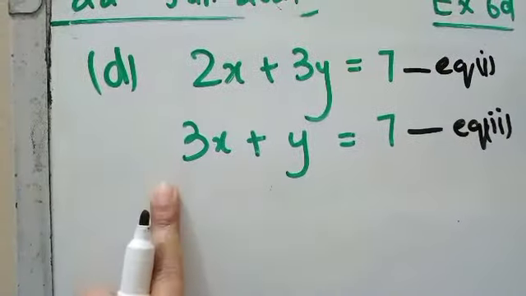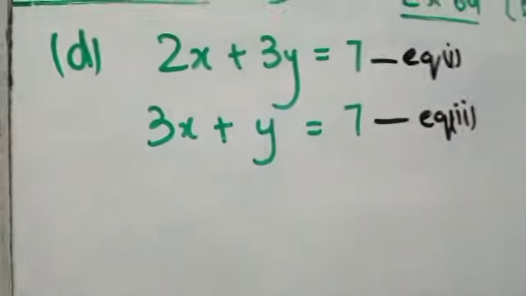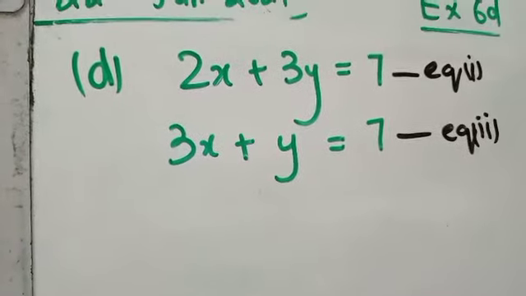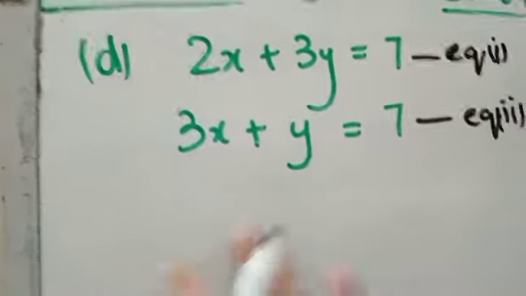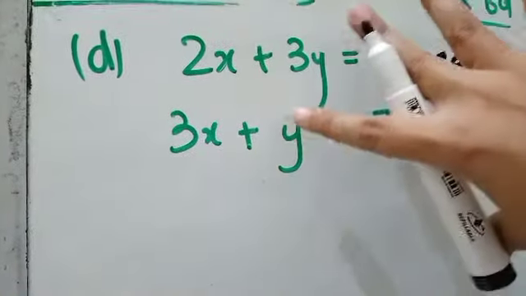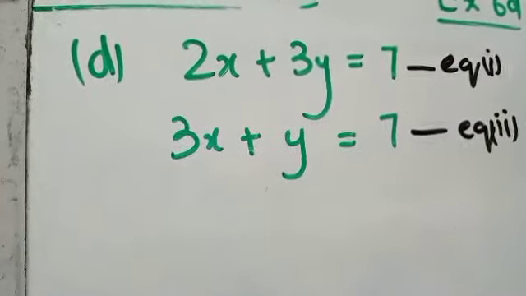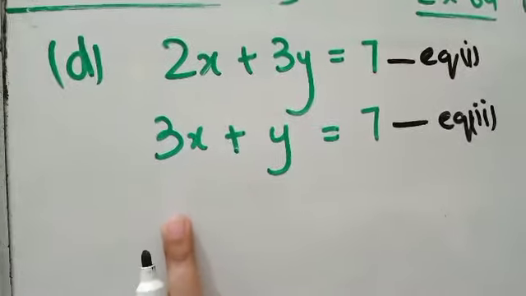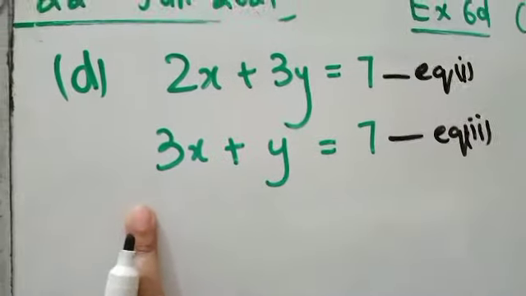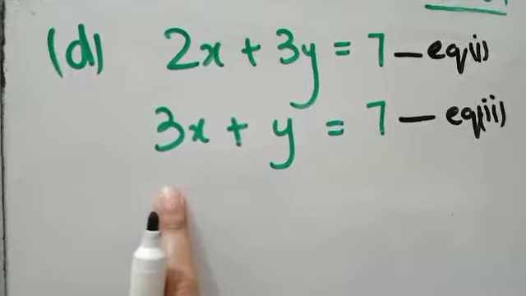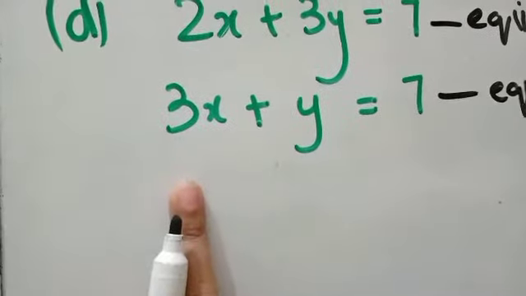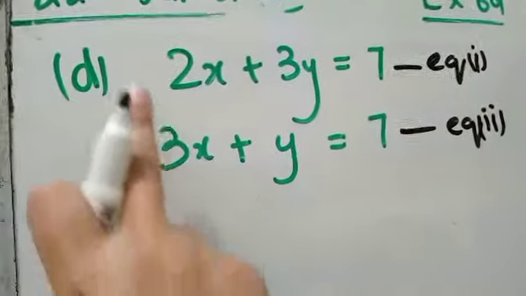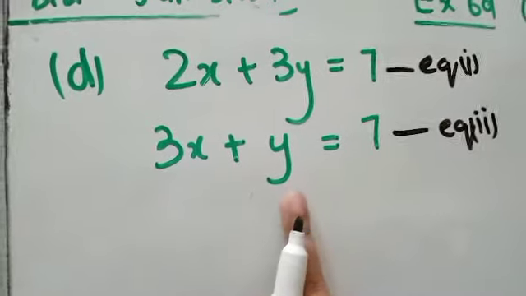3x, 2x: I cannot cancel them. 3y, y: I cannot cancel them. These also. So which variable should I cancel? Now if you get, in the elimination method, equations in which there is not a single variable which has the identical coefficient, then what you have to do is work to make the coefficients identical. Here I have a choice whether I make x identical or whether I make y identical.